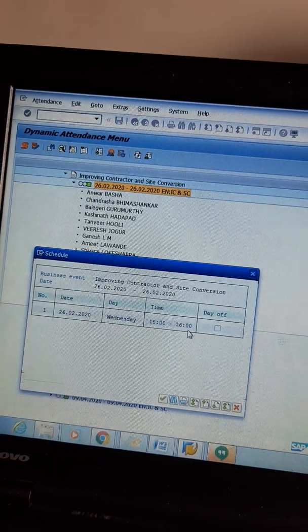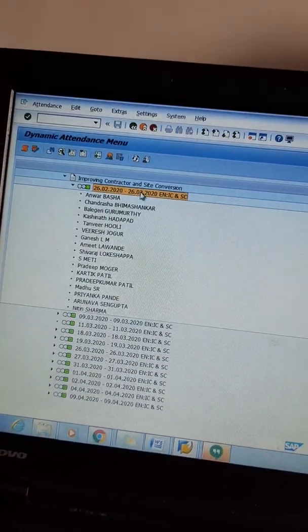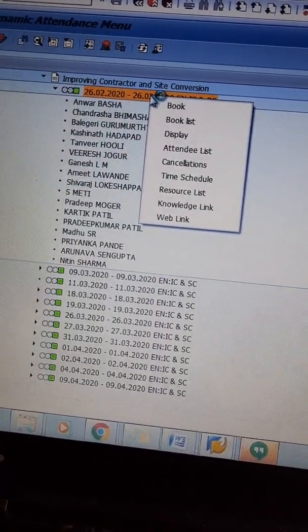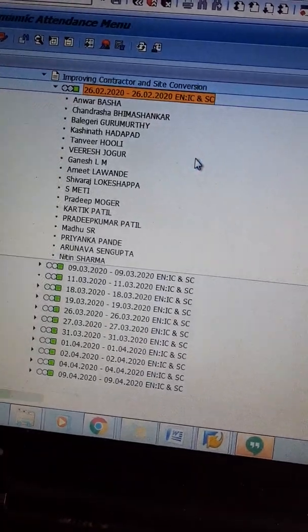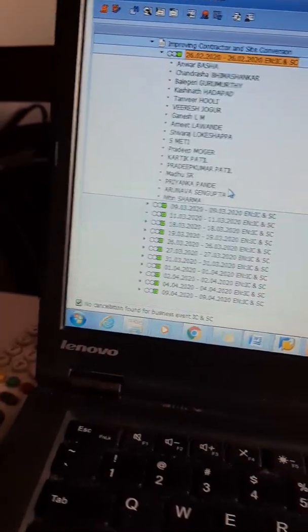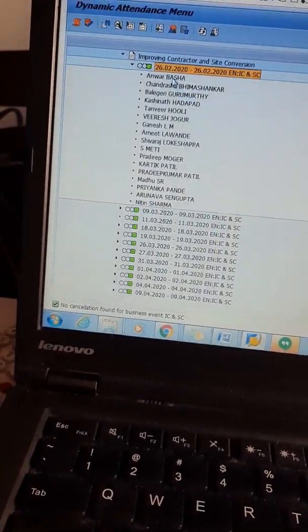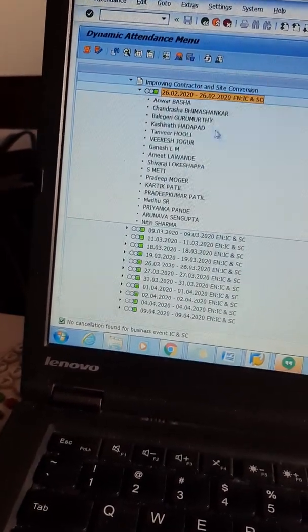You can see the timings I have updated over here by displaying. Now you can click on cancellation. Once you click on cancellation, it will say no cancellation found for the business event IC and SC. IC and SC is nothing but improving contract and signed convenience, the short names, no abbreviation.